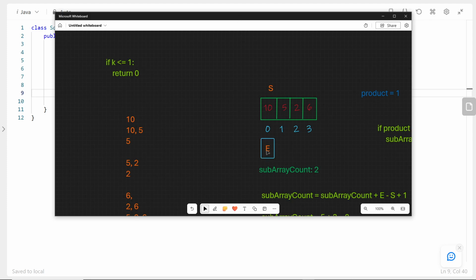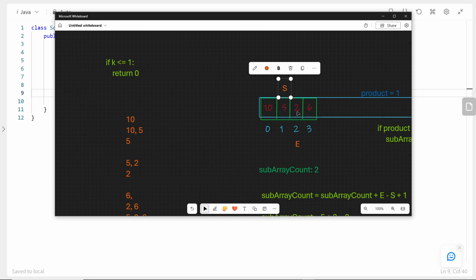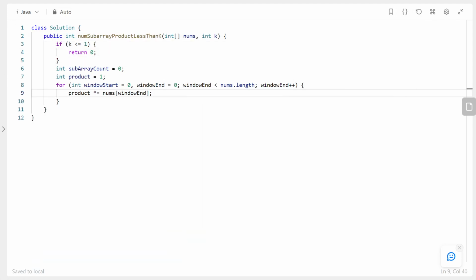So let me set this situation up. Remember when we were at this situation and we realized it was too big? Then we knew we had to shrink our window, and we have to continue to shrink our window until whatever is in our window is less than or equal to k. So we'll write that. We'll say while the product is greater than or equal to k, then we need to shrink our window. So the product